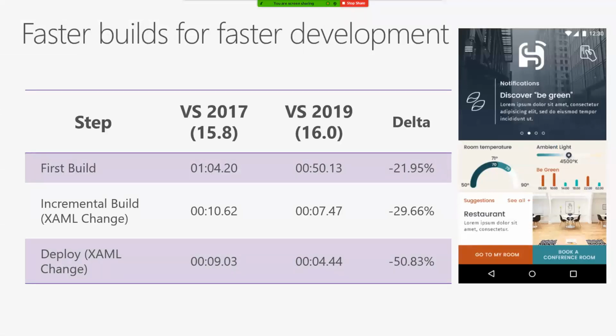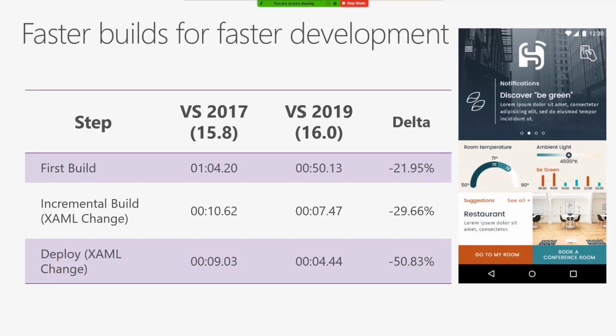We put a lot of work over and over into making sure we're shrinking this as much as possible. The biggest delta we've had in the past couple releases was with the Visual Studio 2019 launch last year. We actually shaved off half of the deploy time, which is pretty awesome. And we test these with real apps that are heavy, so we're not testing this with Hello World. One of my coworkers did the math. It saved the average developer who built X amount of times every week, like 3 or 4 hours a week in just waiting between these two releases. So that was a fun fact.